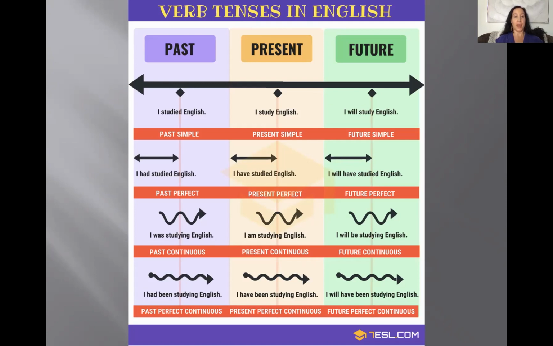And now we have the past perfect tense. I had studied English, okay? So if you notice here, studied is past, but here is have, which is present tense. Had is the past tense. So this is considered past perfect, okay? Does everyone remember this? And if you don't, just go back to one of my previous lessons that talks about